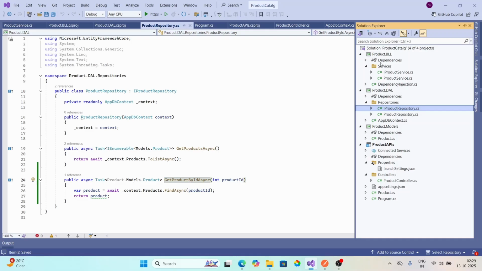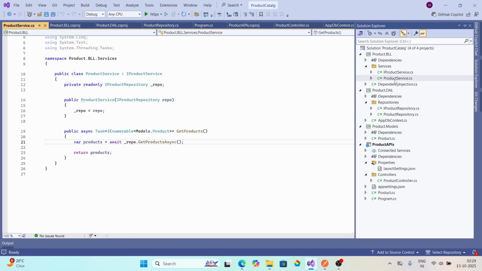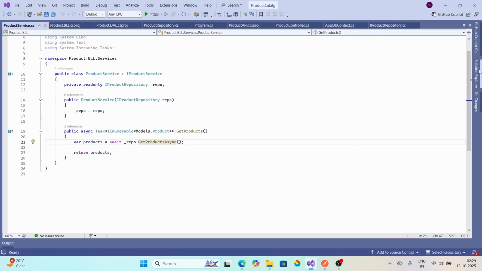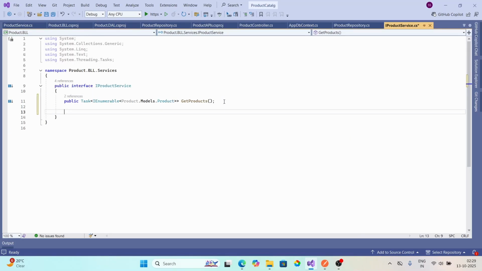Okay, let's move to product BLL. So let's add it here. First of all, let's add it in the interface, and remove async. So